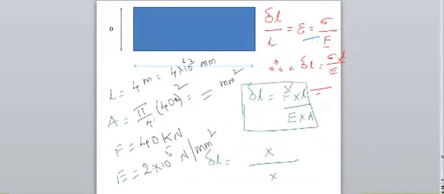So these are the given values. Substituting all the values in the equation, we can find the elongation of the solid body before boring, before making a hole. After finding the elongation of the solid body, case 1 is completed. We need to find out the elongation in the solid body.